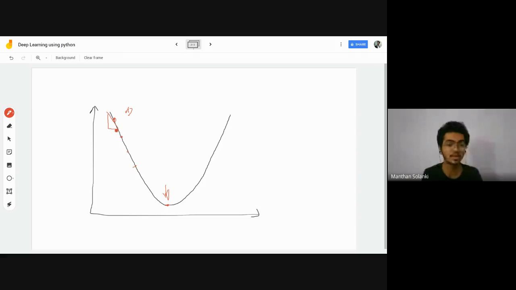We are calculating the first order derivative and then updating each and every parameter, and again we are predicting the label, again calculating the derivative, updating the parameter. This way, after five or six iterations, I will reach this global minimum. So this is what we want. If my model has a minimum loss function, then I can say that our parameters are well learned on the input data set. So this is what this graph means.